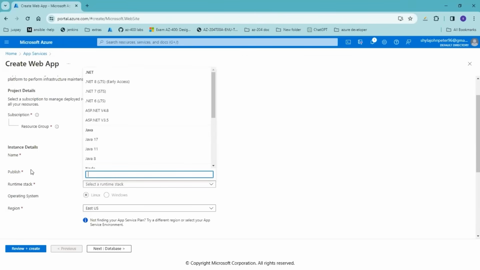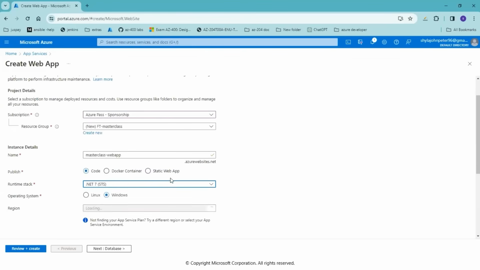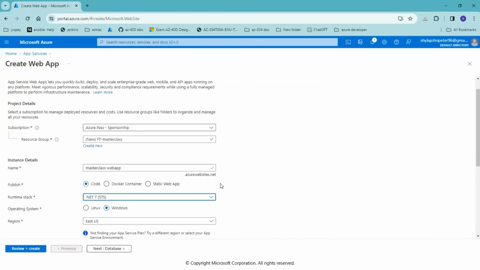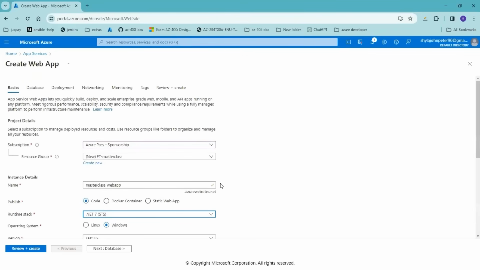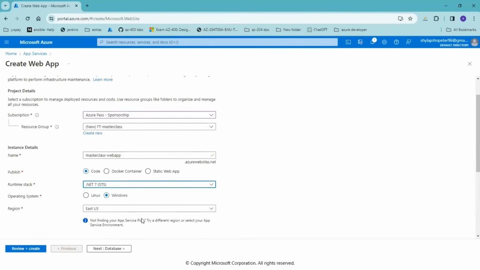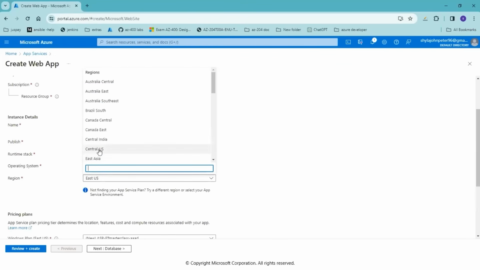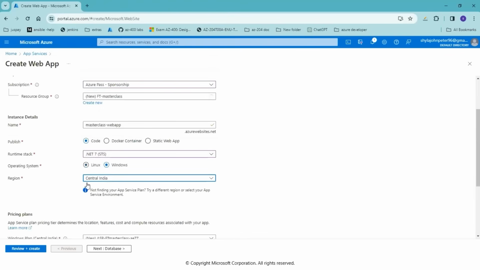So what is my programming language? Be it any programming language, you see that Microsoft is actually providing you this. I'm gonna just choose .NET and choose your operating system. I just want all of you to observe the things that we are configuring. We are just telling Azure that these are the things that I want, and Azure is actually provisioning things for you. So you can choose the region as well. I can choose Central India.